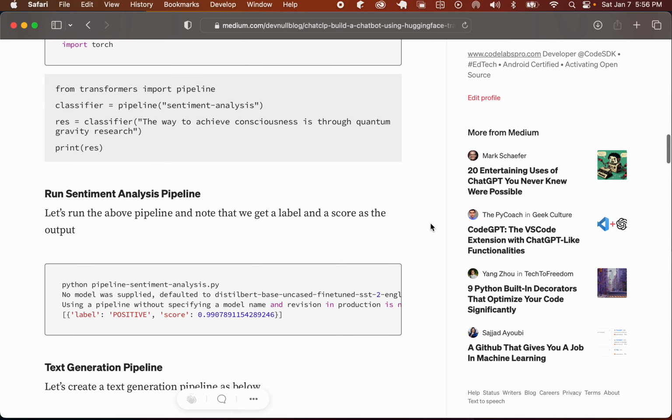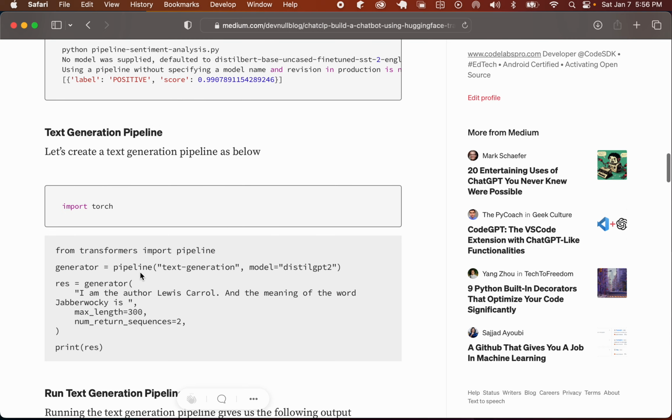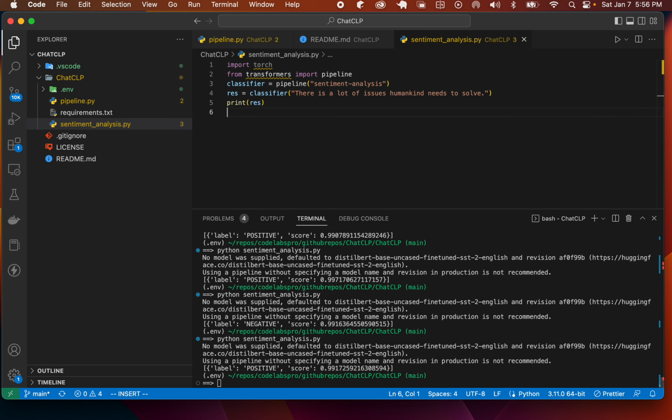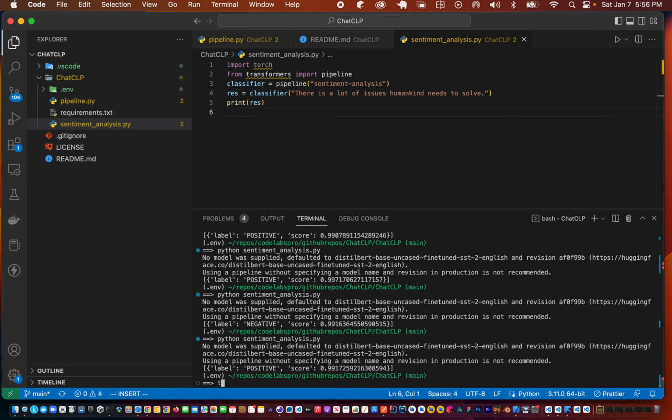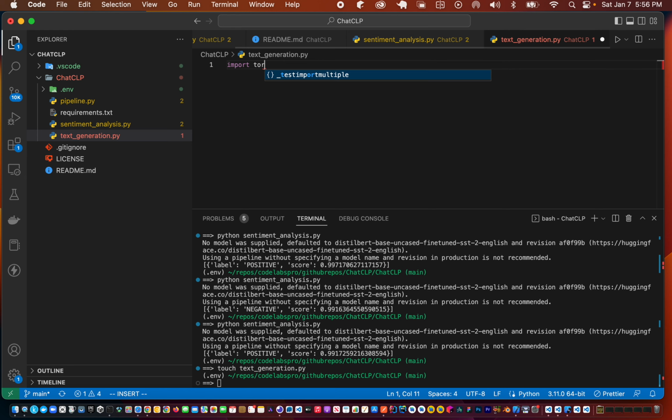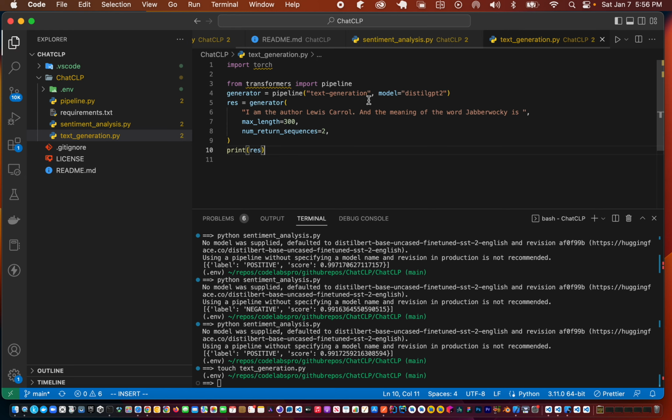Now let's take a look at text generation pipeline. So we'll create a pipeline called text generation.py. So in text generation.py we provide a sample text. So let's say the text is I'm the author, Lewis Carroll. The meaning of the word Jabberwocky is. So if we were to run that,